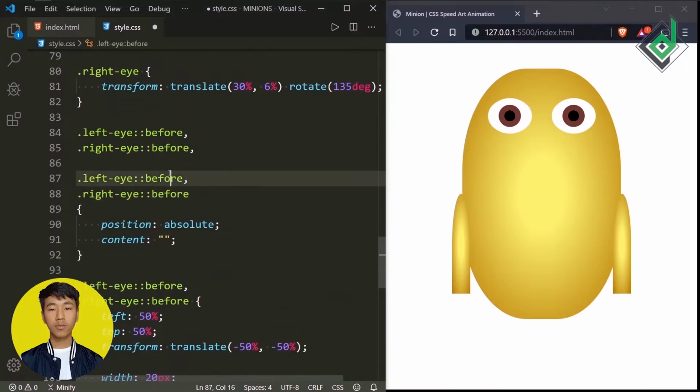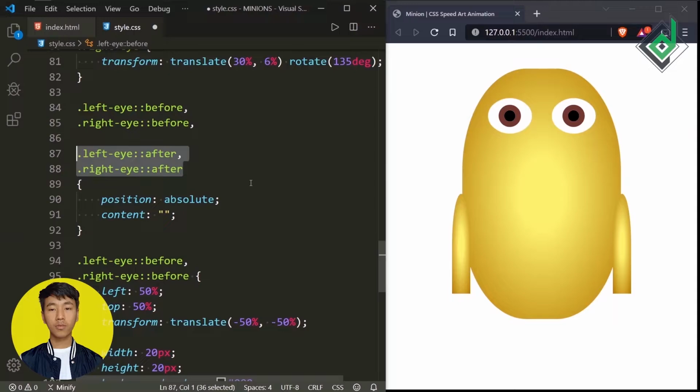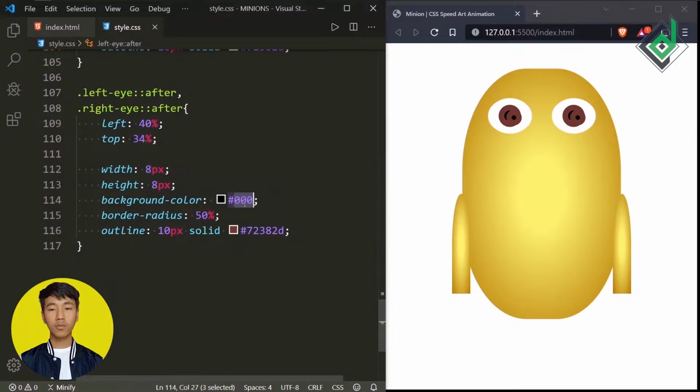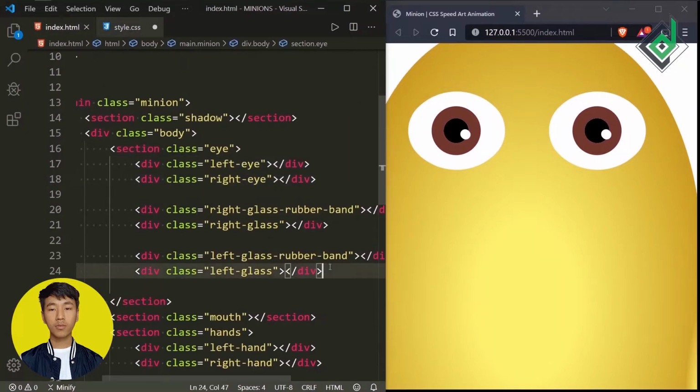And also, in order to create a kind of shiny eyeball, with the help of the after pseudo element, I'm going to create a small white circle and take it to the proper position, and with the help of that white circle, it will give a kind of shiny eyeball, which is looking really good.